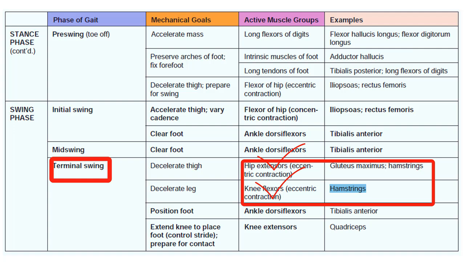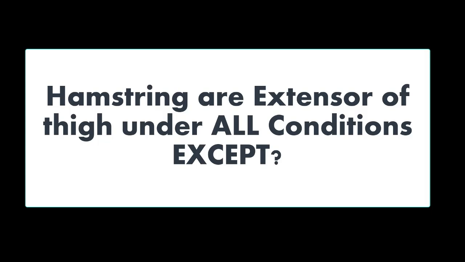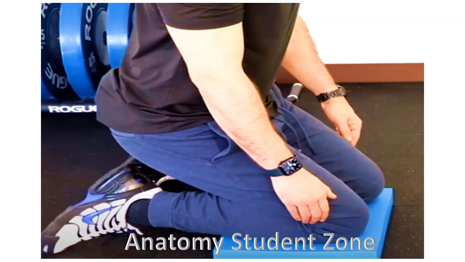So that's a very important point. Dear friends, I told you hamstrings are extensors of the thigh under all situations, but there is one exception. What is that exception, when they're not acting as an extensor of the thigh? You can answer this because I have already covered it. This condition is when we have fully flexed our knee. When we have fully flexed our knee, at that time they can't do extension of the thigh. So you can practice this. When you perform this activity or exercise, things will be more clear to you.